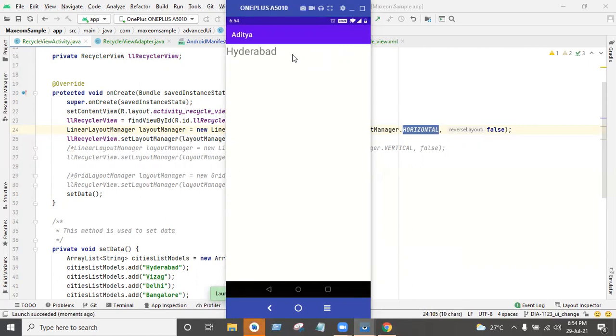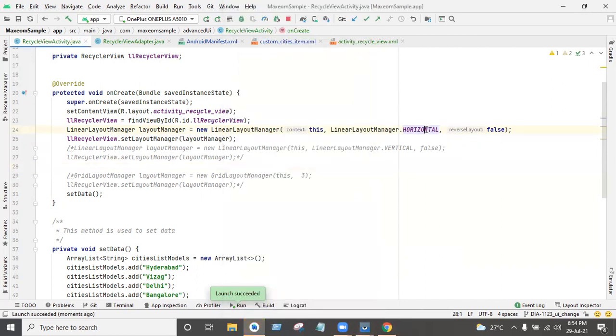See, the text view came, right? Like this the data will be coming because we have given the layout manager orientation as horizontal.